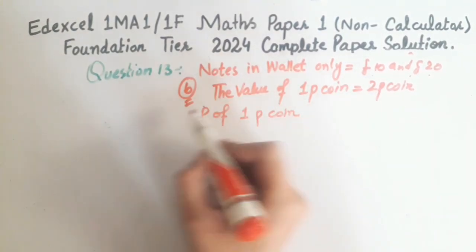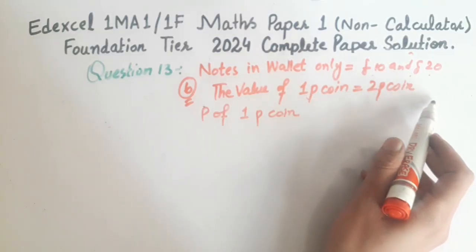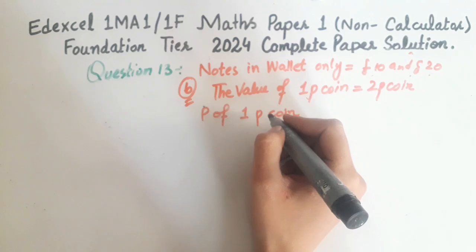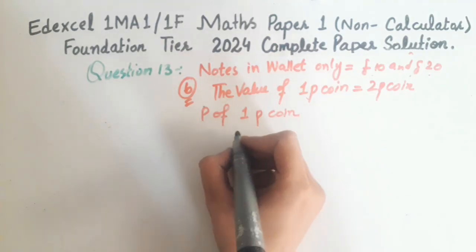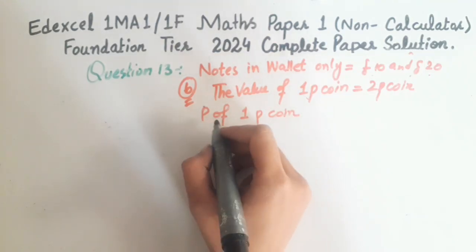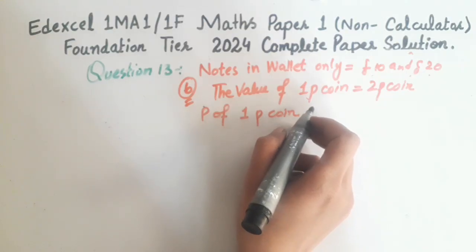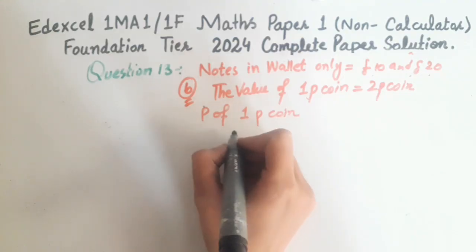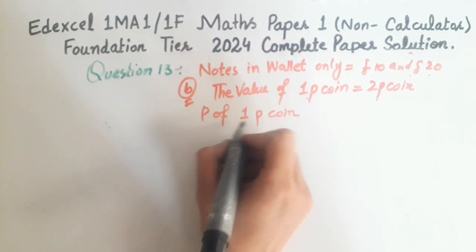In the B part, the value of one P coins equals the value of two P coins, and someone takes a random coin from the bag. You have to find the probability of taking a one P coin. So you know that the value of one P coins equals the value of two P coins, and it means that we get this as